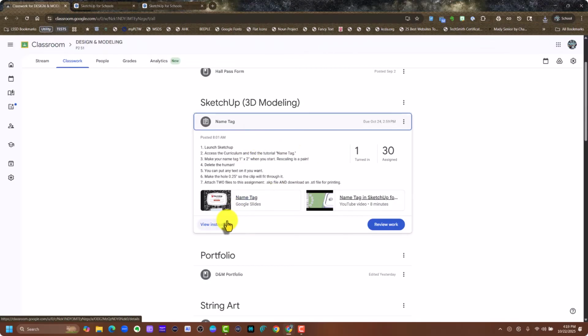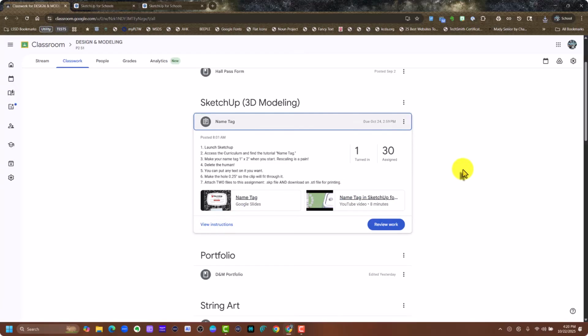okay, now I'm a teacher, I can't add an assignment, show you how to do that. But remember, when you go into view instructions, you're going to click add from Google Drive, and you'll attach your SKP, and then you'll add again. And if you have your download set to Drive, you'll also see your STL in your Drive. If you have your download set to download on your Chromebook, you'll have to do the upload option. You'll have to choose File, Upload, and find the STL in your downloads on your Chromebook,